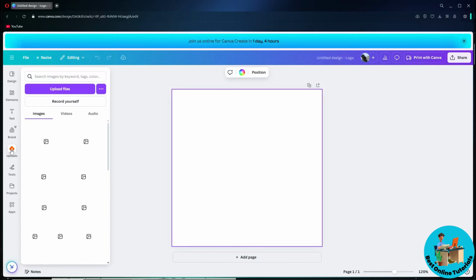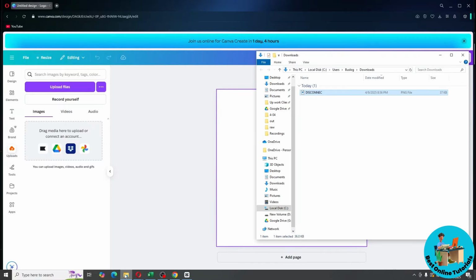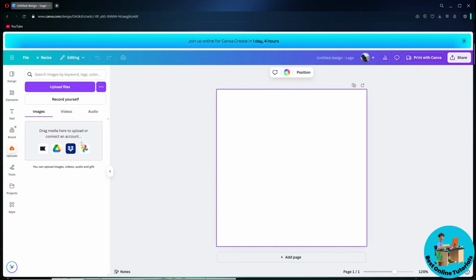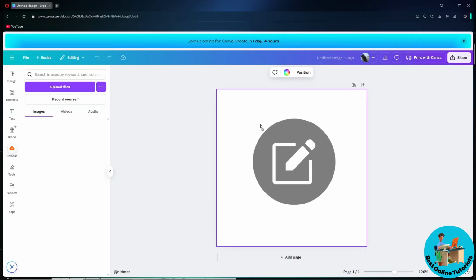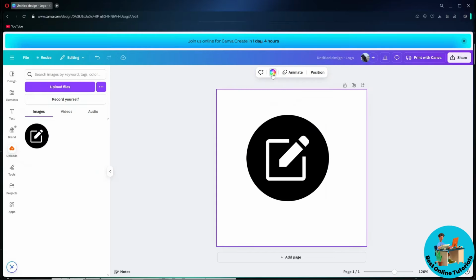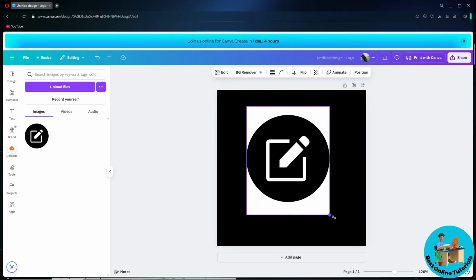So just simply go to the uploads over here and just simply click and drag the picture with a white background that you have here on Canva, and it will upload, and just simply click and drag it into the space over here. And guys, as you can see, it has a white background. To prove it to you, I will change the background color, and as you can see, it has a white